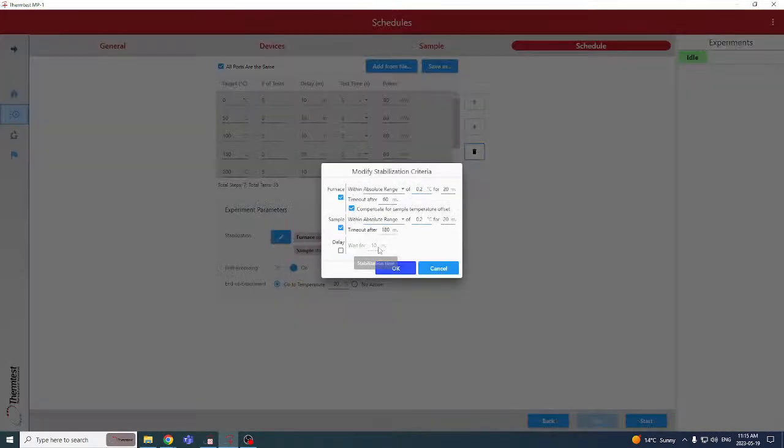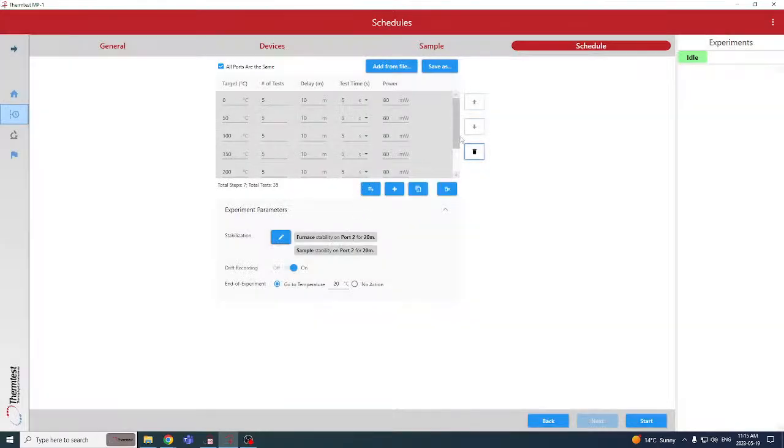These are all auto, which we encourage you to just leave. But that's a two-step stabilization. It looks for stabilization of the chamber, and then it looks for stabilization of the temperature at the sensor level, where the sensor is sandwiched between two pieces of your sample. By looking at the electrical resistance over a short period of time, in this case 20 minutes,